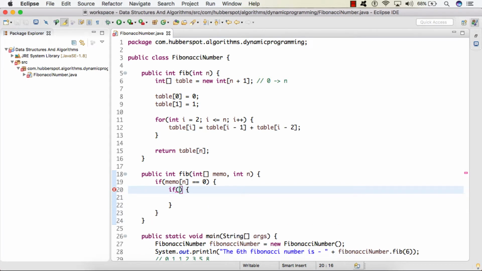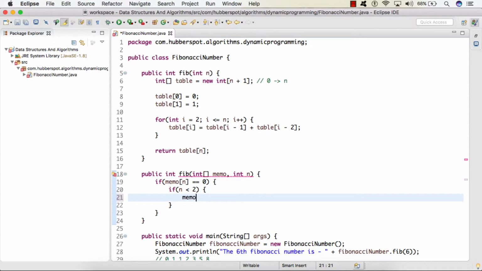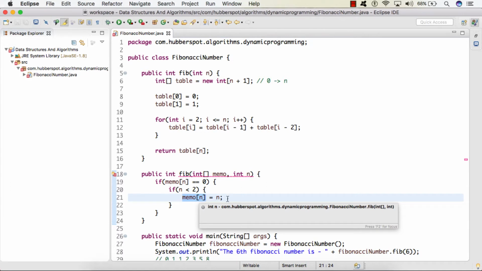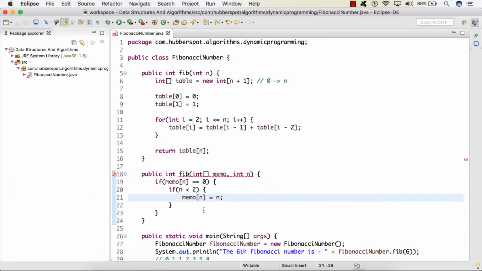So inside this if condition, we provide an if block where the condition is, if n is less than 2, then what we do is, we simply assign the value of n to the integer array at the index n. So why do we do this?